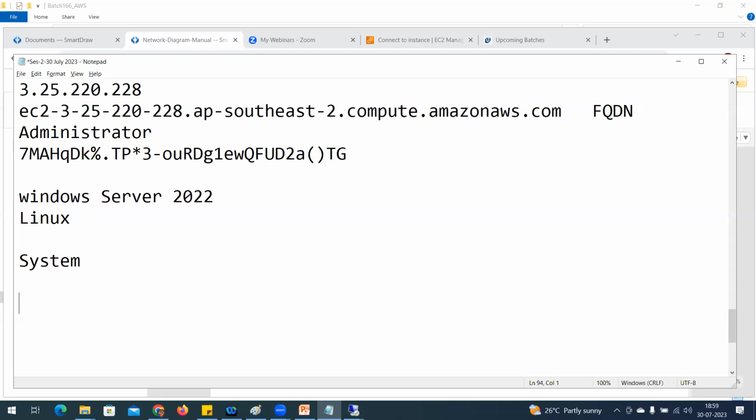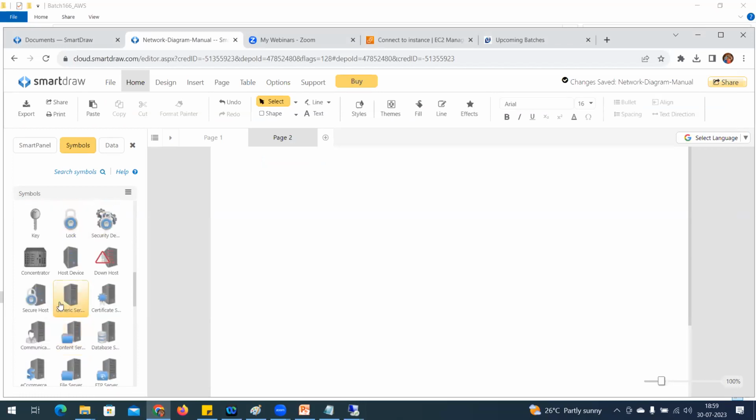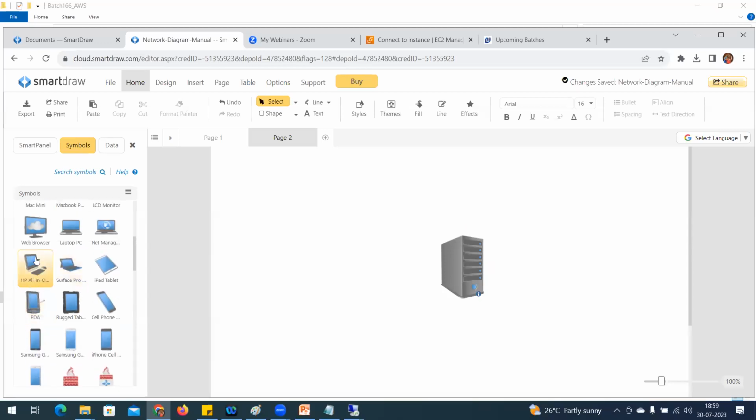What else do I need? A system is ready. Laptop, PC or server, I'm going to choose the server. System is ready. And the monitor is ready. I connected both the systems and that is fine. I'm ready to load the operating system. System monitor is there, system is there. I'm going to load an operating system.